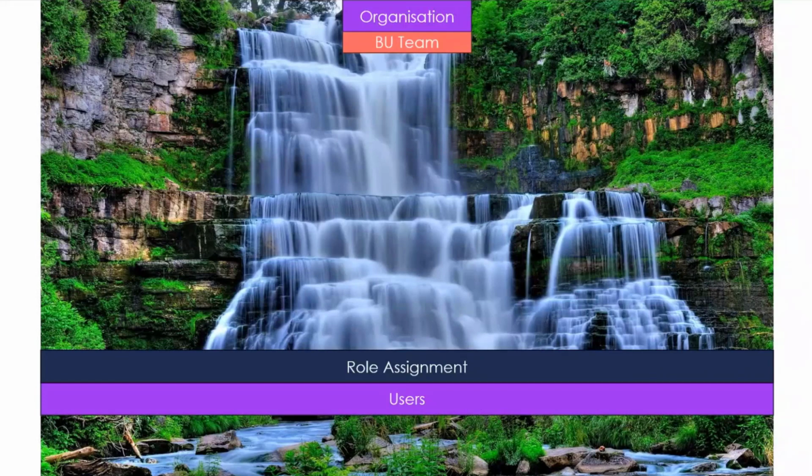So unless you really want to assign user roles one by one to a user, which is a pain, you have to use something called Groups, Teams, or the XRM Toolbox plugin app. That works pretty well as well. So the way I see it is that it is kind of like standing on a waterfall. The people at the top can see everything down. The people at the bottom can see straight or down, but they can't see up. And you can control the way in which they interact with data.